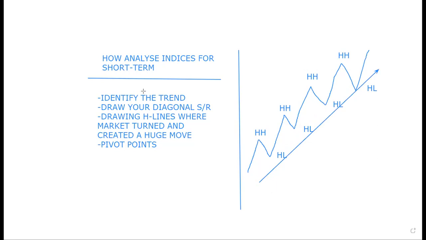Okay. Now you must draw your diagonal support and resistance. Drawing your diagonal support and resistance actually goes with you. Let me use a different color for this. You draw in your diagonal support and resistance. You basically choose the first touch and the second touch. I don't know if you understand me. What I'm trying to say is that